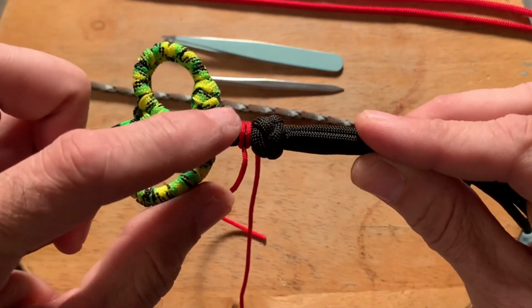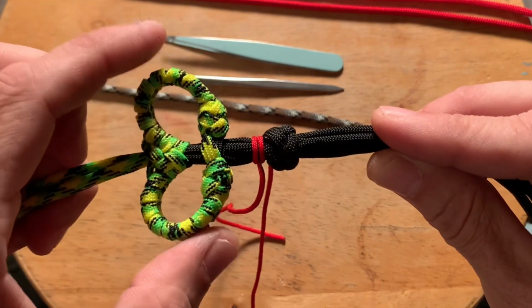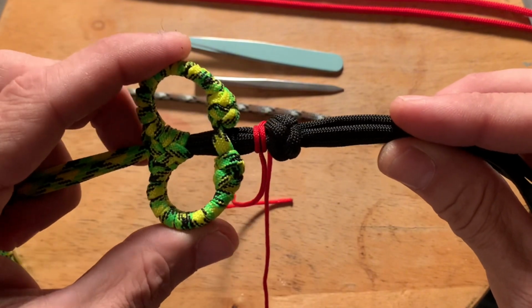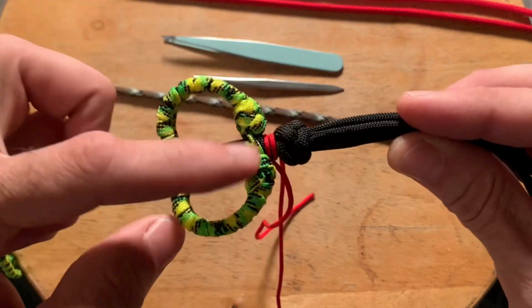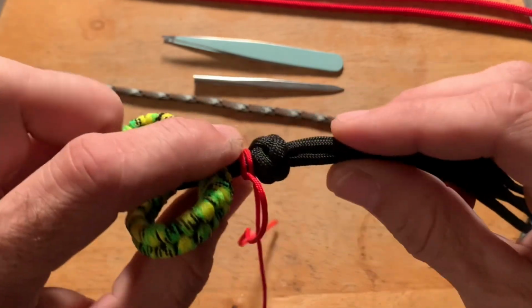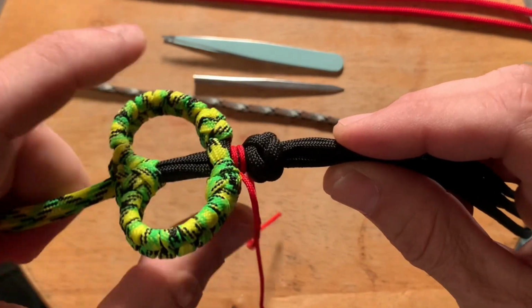One of the more important things is that you tie a piece of stopper cordage, because as you see, the 4 strands don't have anything to really hold them together. So once you've formed your finger loops, figured out where you want your knot to be, put your stopper knot. So we're going to do that